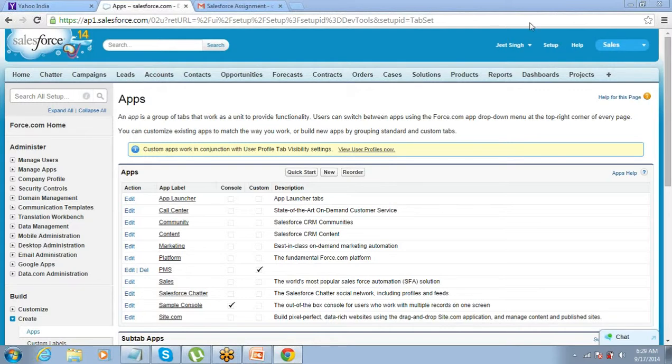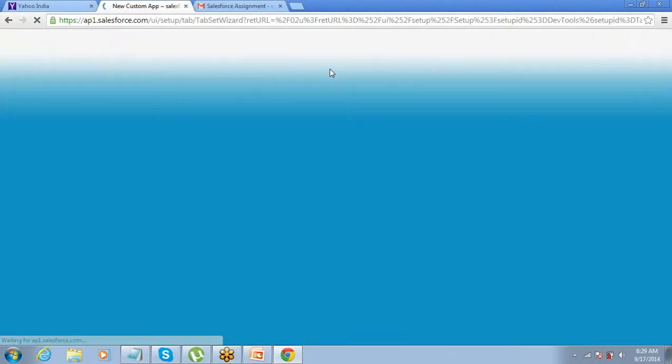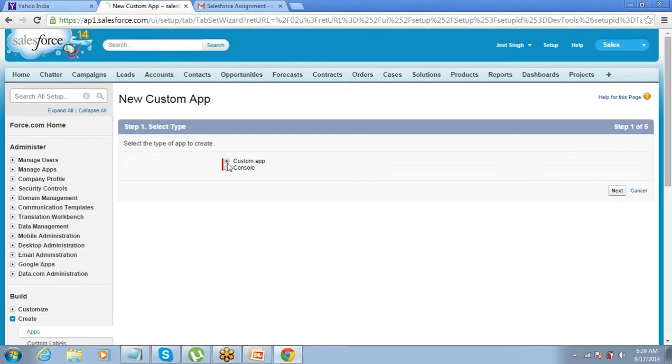So you just have to go to setup, create apps, and there you will click on new, and when you click on new, you always have an option of either creating a custom app or console. So you will select a console here.